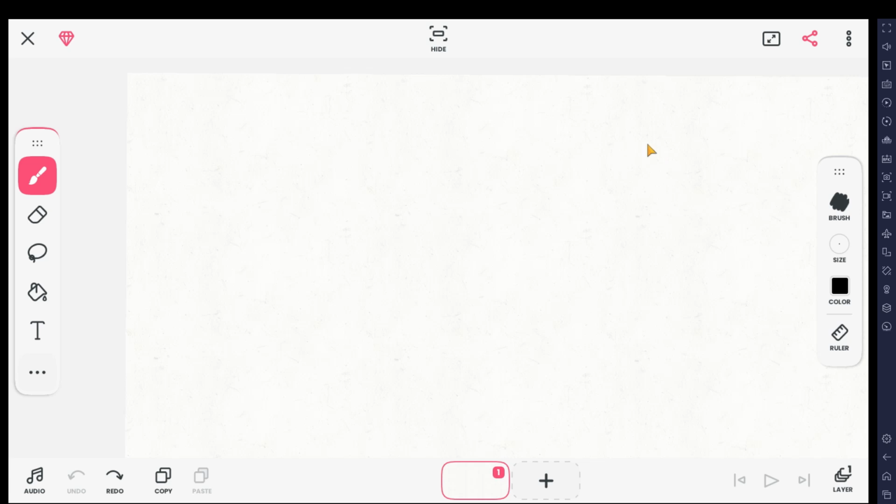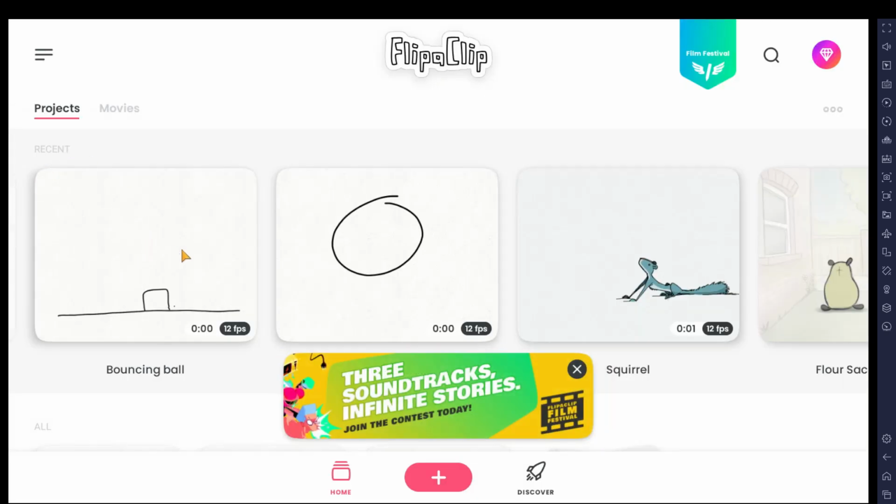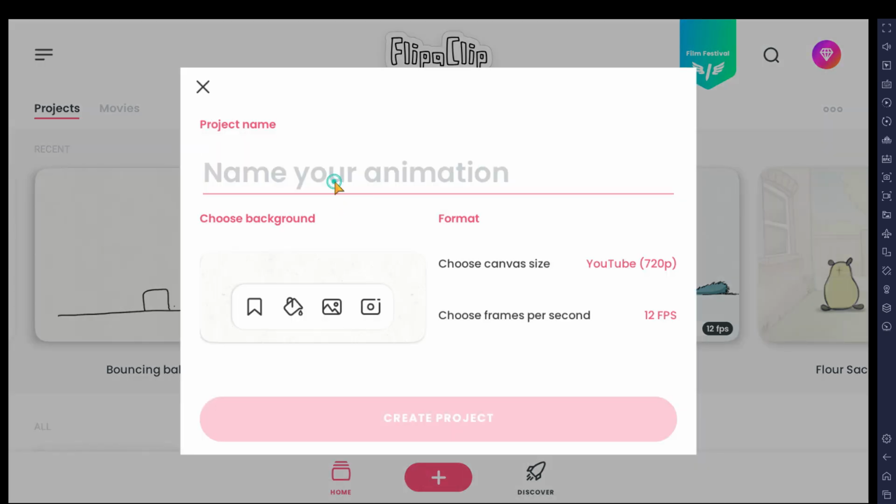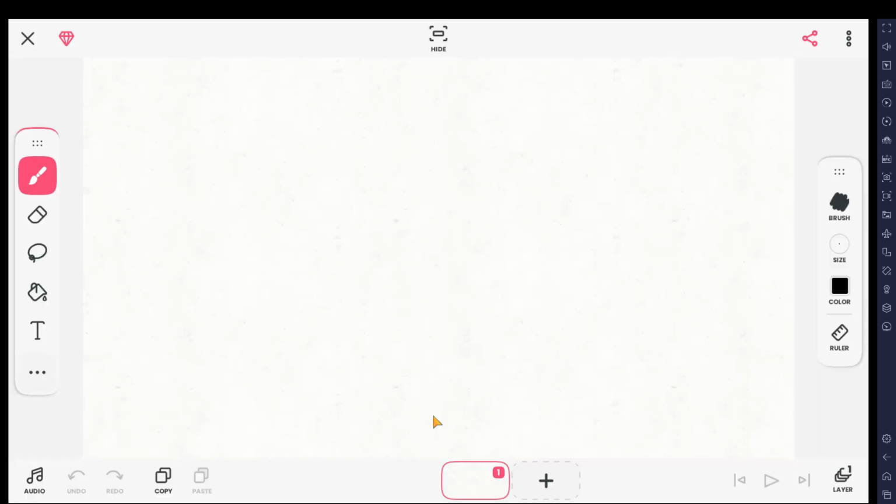So on the left side, sorry, let me just go back again. Let's call this bouncing ball. So on the left side, we have our toolbar, which has brushes. You can choose from different brush types. If you click on the brush, the first one, on the right side now you have options to